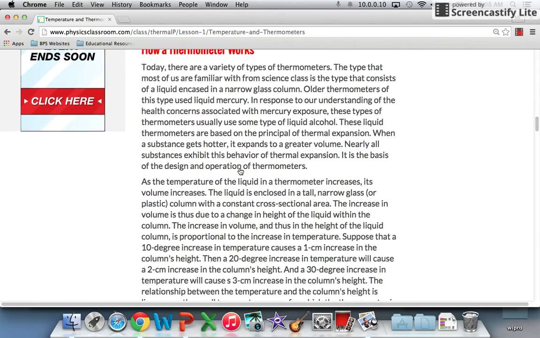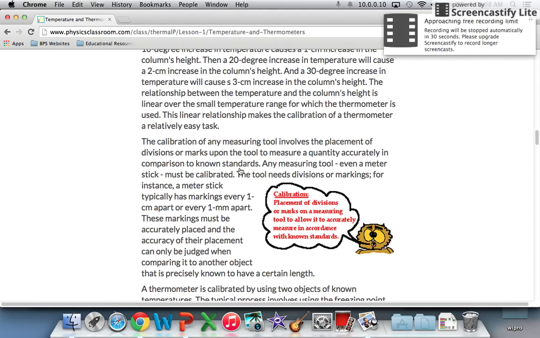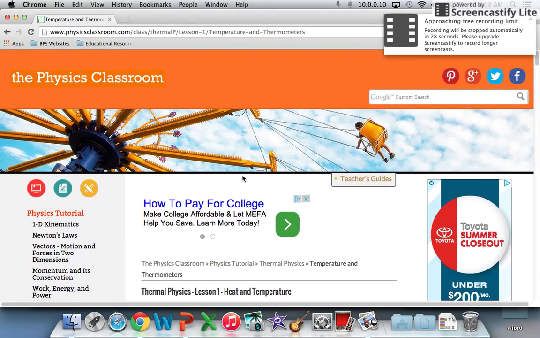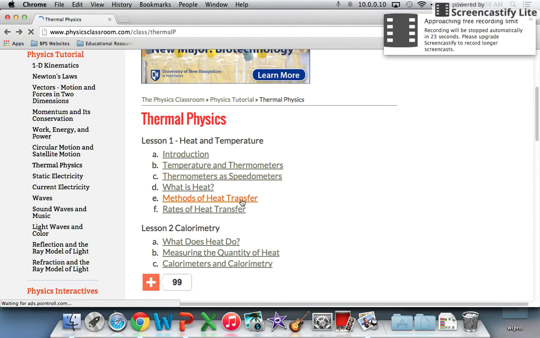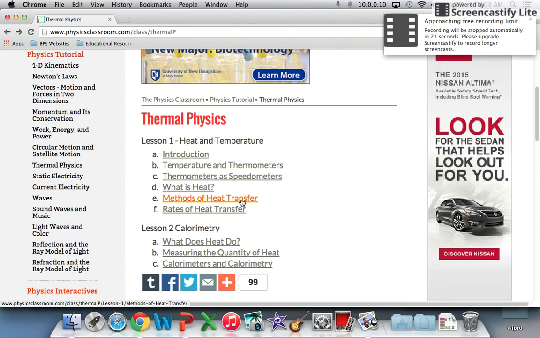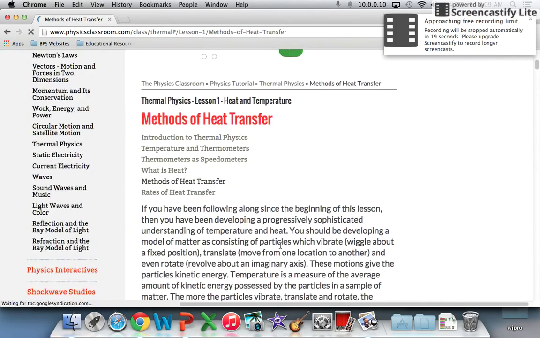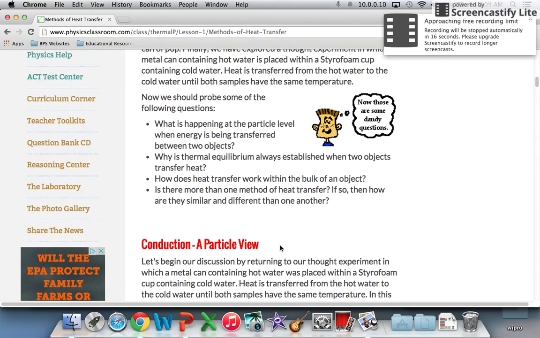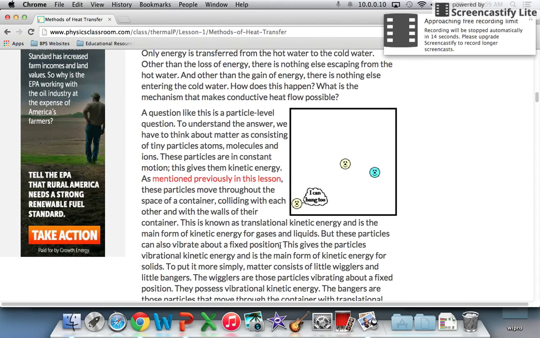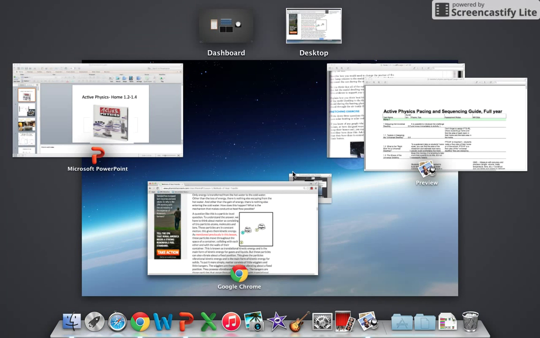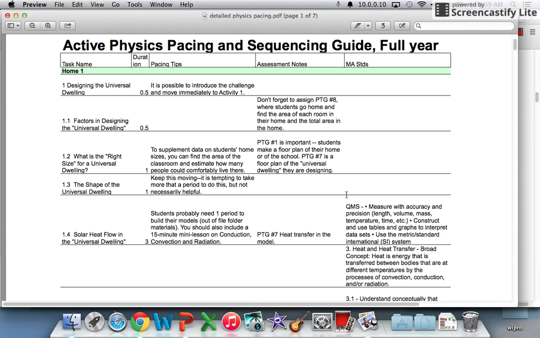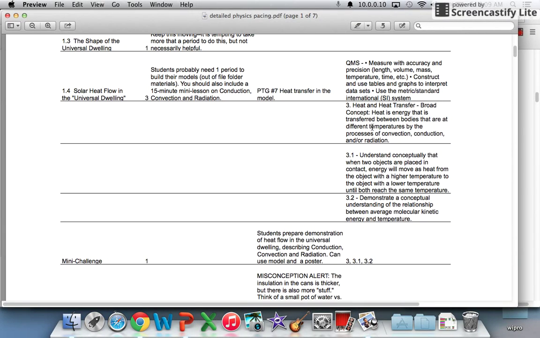You might want to create a few questions based on the reading for them to answer, okay? And that's what you could do with some groups that are finished early. And those that in the other groups, you could just give this out as a homework assignment. But there's a lot of good material here on the physics classroom on heat, okay, that you can give to students and groups that are finishing a bit early with their building and data collecting. All right, so again, you're going to have to supplement quite a bit here to make sure